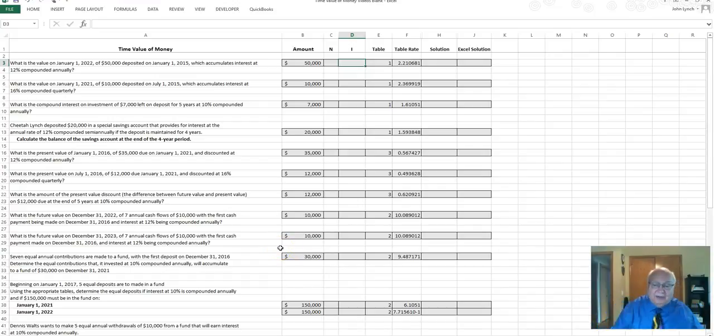I have some of this already filled out because there's not a whole lot. This is looking up the tables. We're going to go over it and the dollar amounts here. Okay, so for the first one, it says, what is the value on January 1st, 2022? $50,000. You made the deposit in 2015 on January 1st. So if you count up the number of years, since it's annual, it's 7 years, and it's 12%. Now, to get this table, to look at what we're doing, we want the future value. So we go to table 1, and you would look at 12% interest and go down 7 periods. And you'll find that that should equal